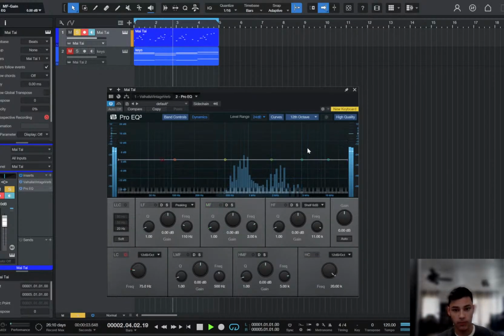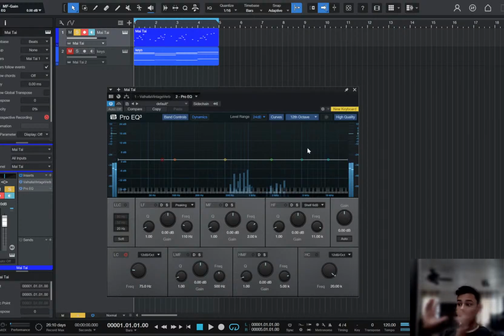Let me bring it out. Right now, it's covering the whole frequency, so you can hear everything in it. And what I want to do is isolate just the melody. That way